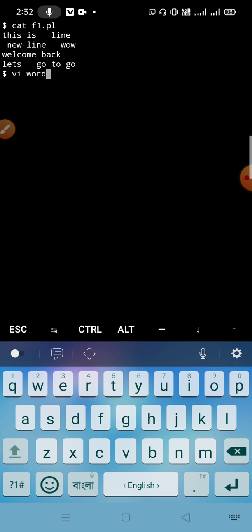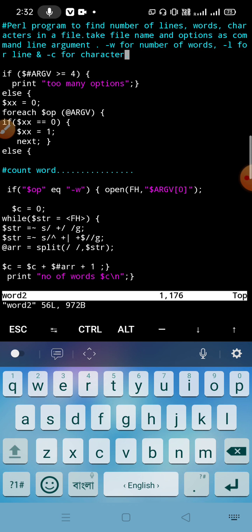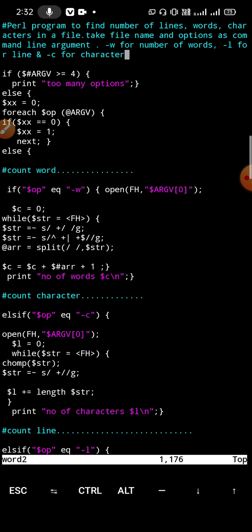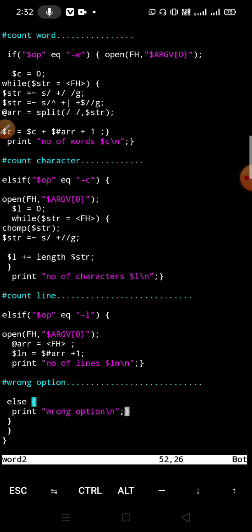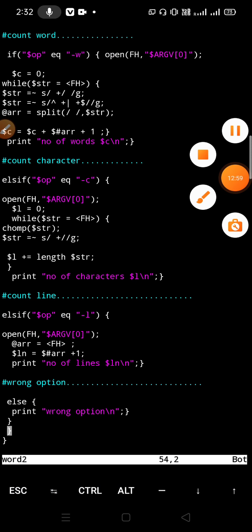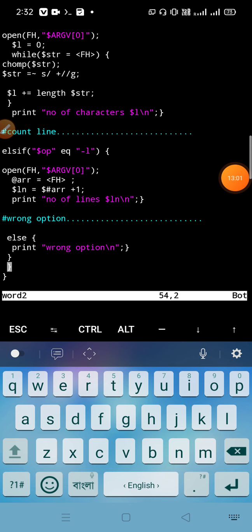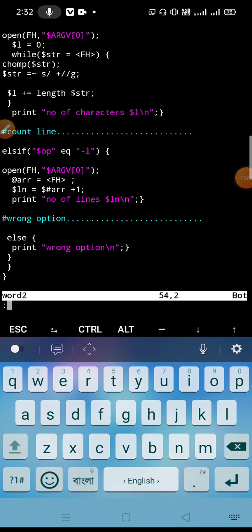Our file name is what2. So this is our file. As you can see very clearly, this is the total program I have written here. So now we will save and run the program.